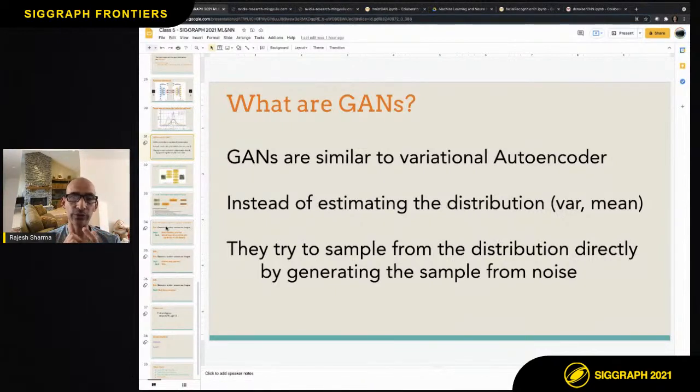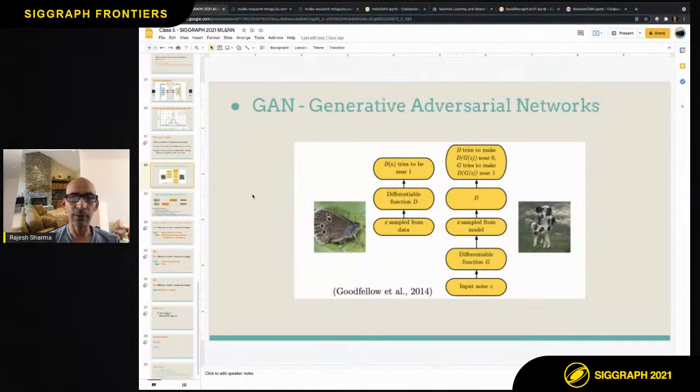Variational autoencoders kind of estimate the variance and the mean of a distribution, but GANs directly sample from the target distribution. So that's more of a mathy difference, but they are also put together very differently. The GANs came about from a presentation a few years ago, which Ming-Yu based his GauGAN on, and then a lot of other research papers came along. But the idea is so straightforward now, if you look back in retrospect, that you take a random